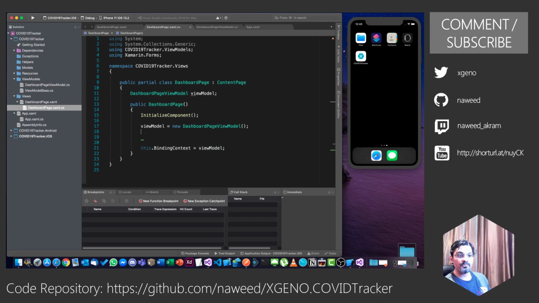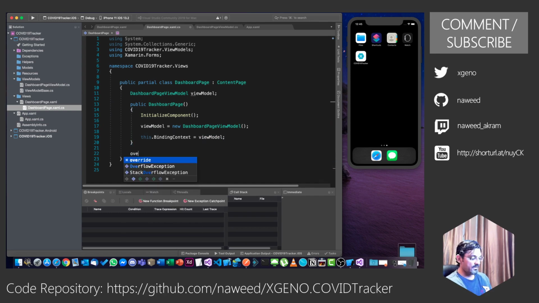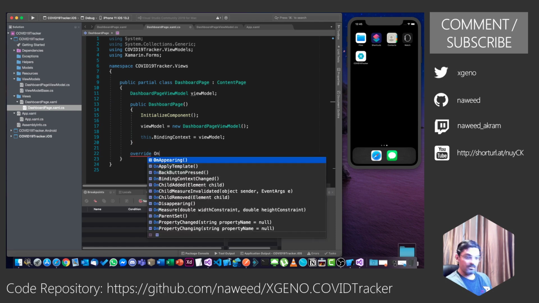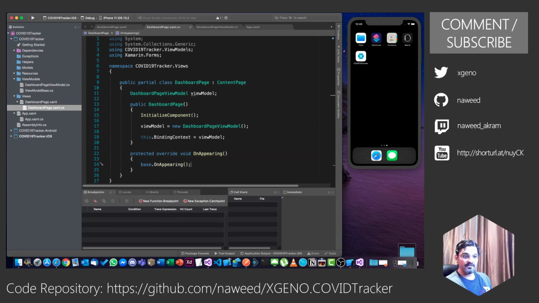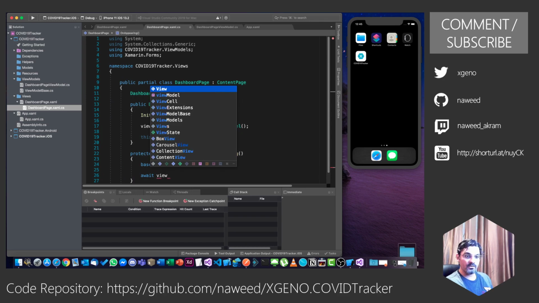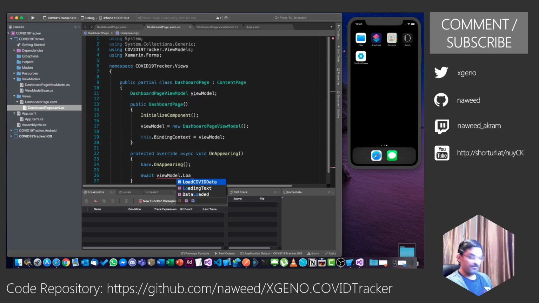It is not a good practice to do this in your constructor. I would rather override the on appearing page, on appearing, and do this over here. So let's make it asynchronous as well, and now I can say await view model dot load COVID data.